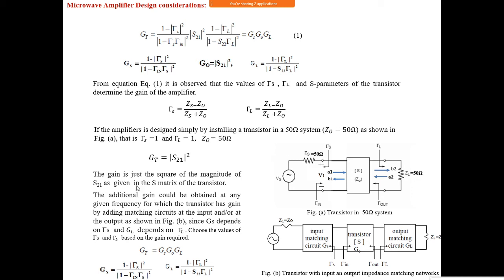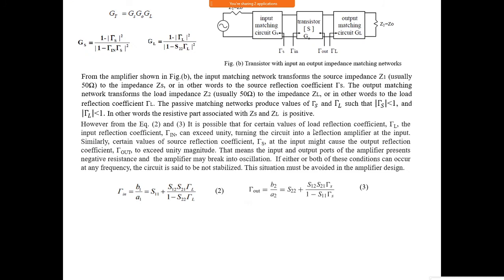In the next class we will see how to choose the values of ZS. As I said, there are many combinations of ZS, and all of them give GS equal to some constant value like 2 dB, 1 dB or 3 dB. If you want 1 dB, there is a circle on the Smith chart, and any impedance on that circle gives 1 dB gain. We will see how to draw the circle in the next class. So that is amplifier design.